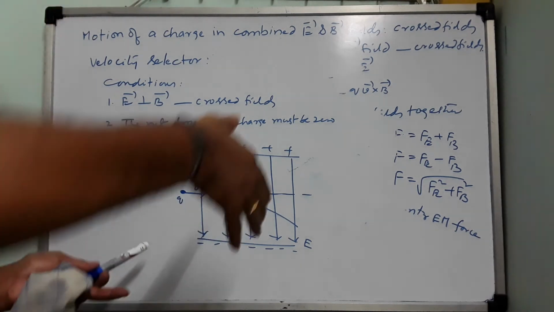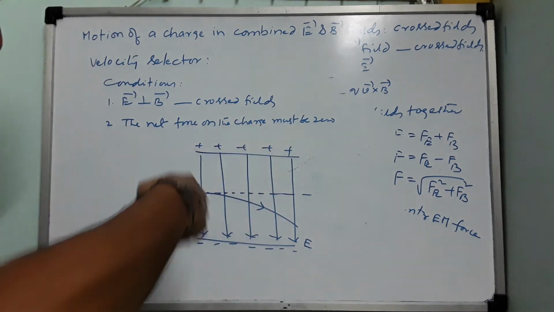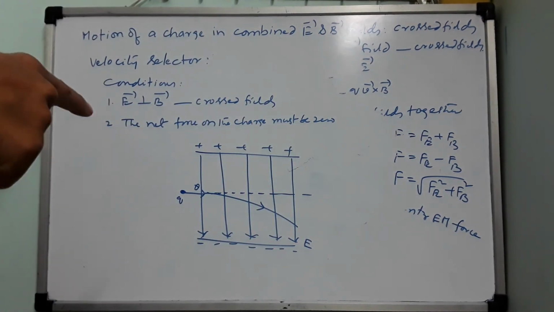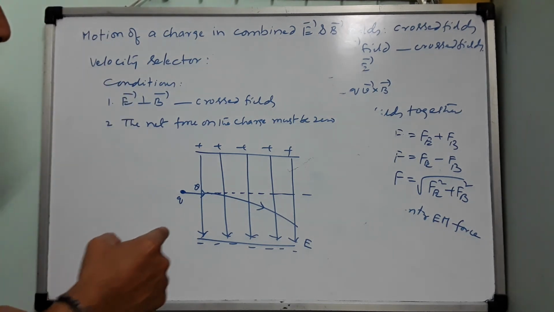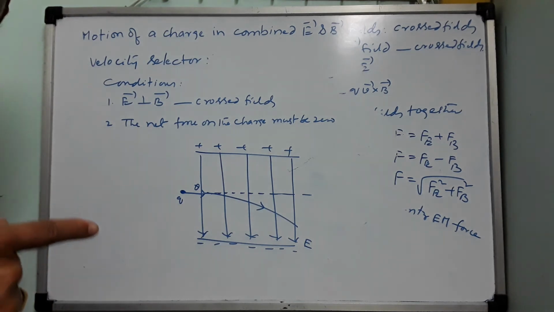So, I take a very big solenoid and I keep it over here. Like this, my solenoid is growing perpendicular to the board. Depending on the direction of current, either the magnetic field will go normal into the plane of the board or out of the plane of the board.